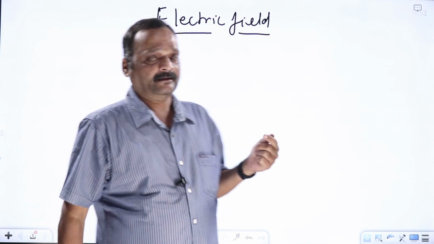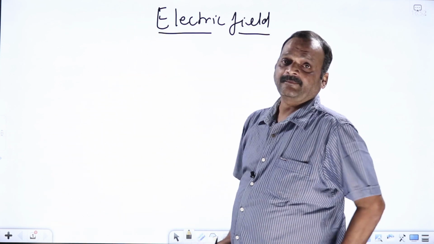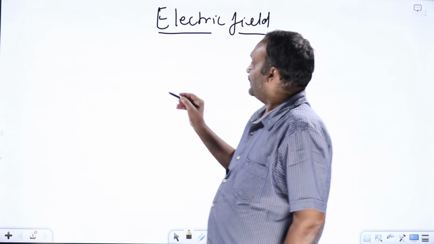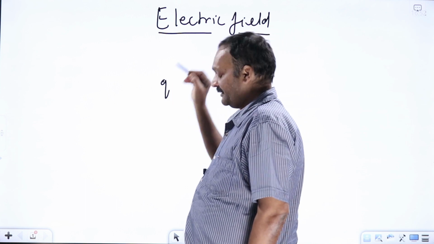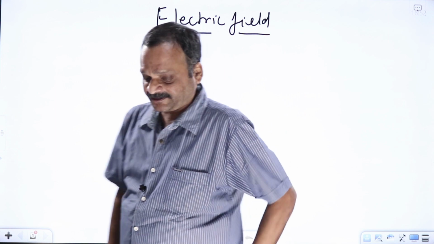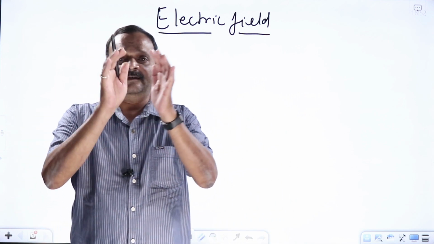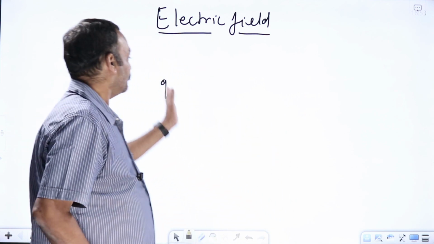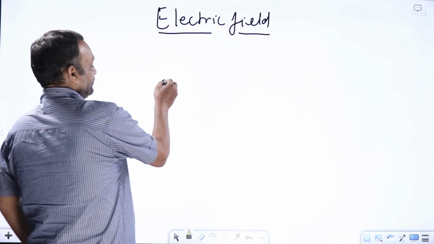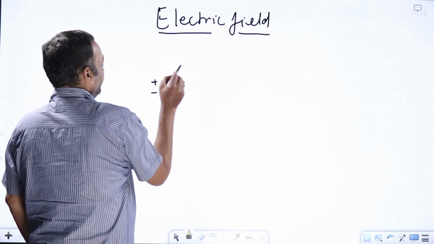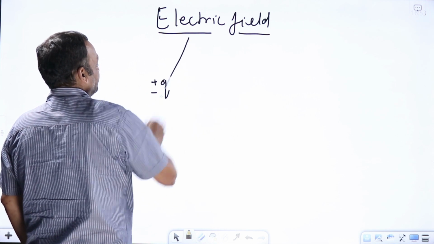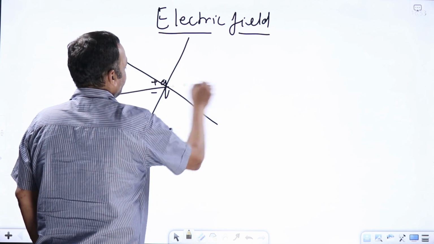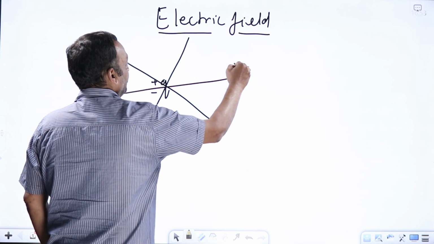Today we are going to see what is an electric field. In the last videos we have seen, right, charge is one property of material particles. A charge produces something known as an electric field in the region around it. Whenever you place some charge, let it be positive or negative, in the region around it, it produces something known as electric field, E bar, we write.